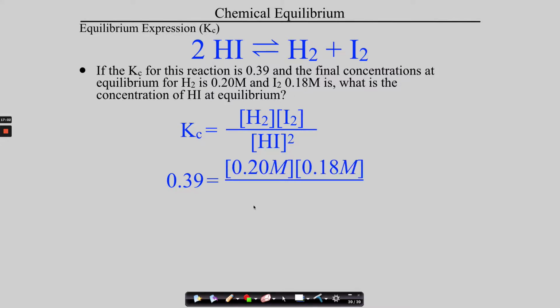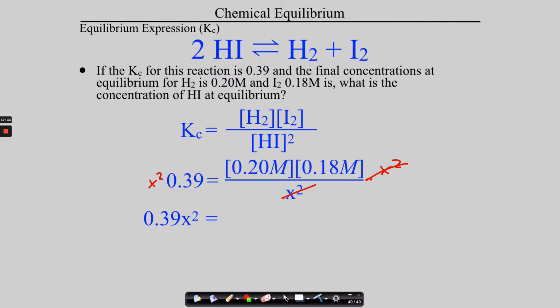And then I don't know Hi, that's what I'm solving for, so I'm just going to make it x squared. I'm just going to replace what we're solving for with x. All right. At this point, we're going to do some algebra to solve for x. So first of all, I need to get x on top, right? So if you remember, when it's on bottom, I've got to multiply by x squared on both sides. That way this cancels, leaving me with